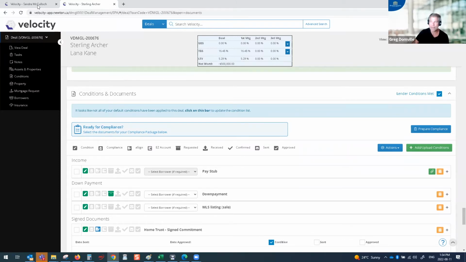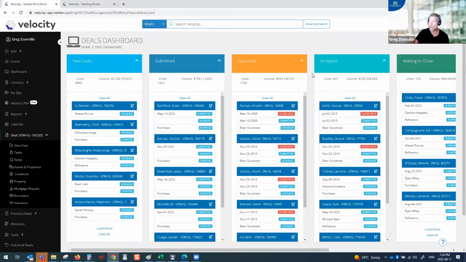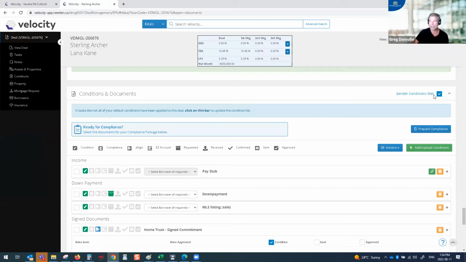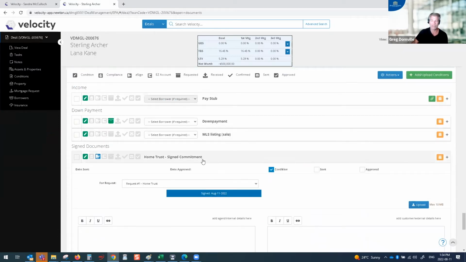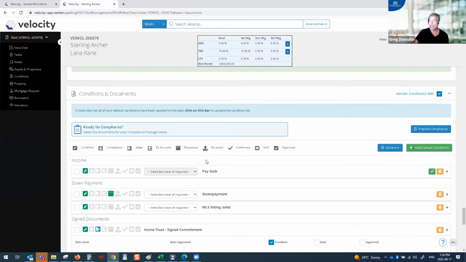So I keep repeating myself, just repetitiveness. You have to put it into accepted status yourself, and you have to click the button to put it into waiting to close. And that's one click for waiting to close and one condition for accepted status. And then now, again, you're waiting for it to close. When the closing date comes and goes, and it's now 6 days past the closing date, it's in